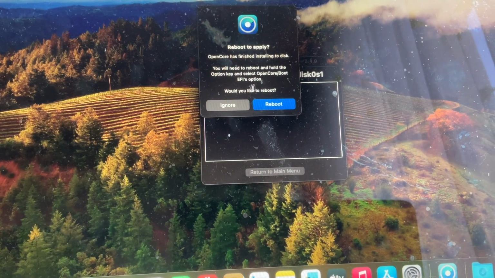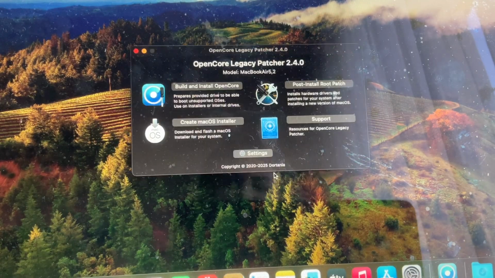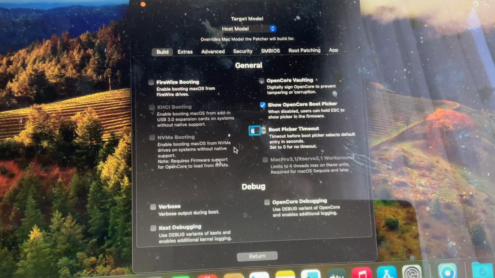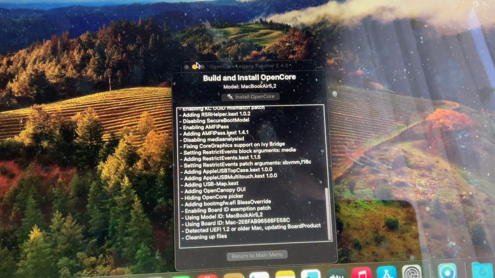And one more thing, if you don't want to show the boot picker every time, then click here on Ignore, return to main menu, click on Settings. Give it a moment. Here, go to show OpenCore boot picker, uncheck that, go back, click on build and install OpenCore,